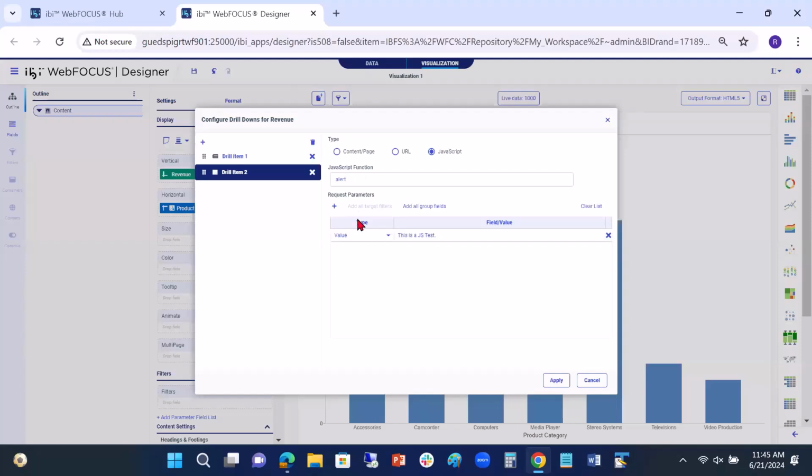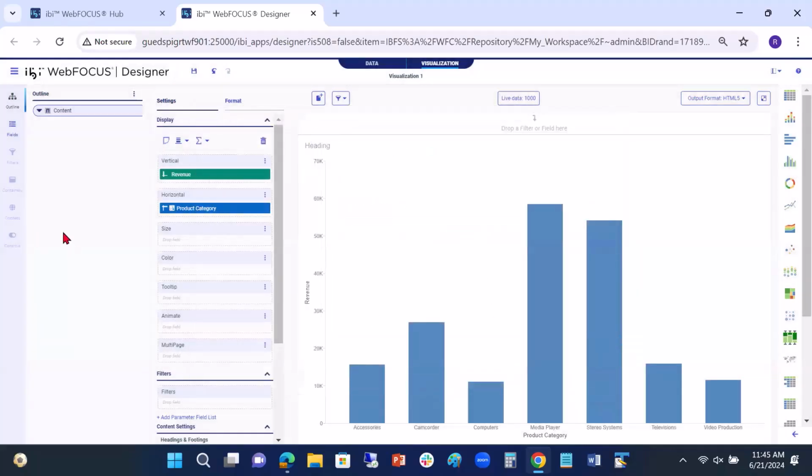So I'm calling a JavaScript alert function a value. And all I did was click plus. The type is a value because that's what's being passed in. If I was a field being passed into the function from something from the request, I could say field as well and then pick that field from the drop down. And then I'm just going to click apply. And if I run that,